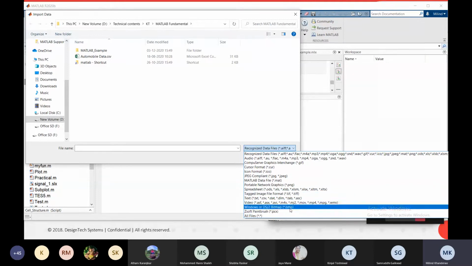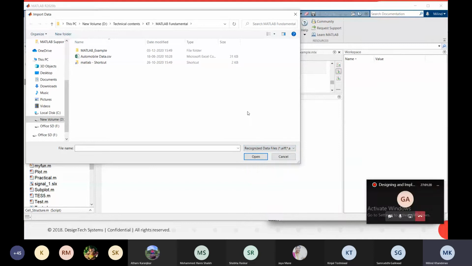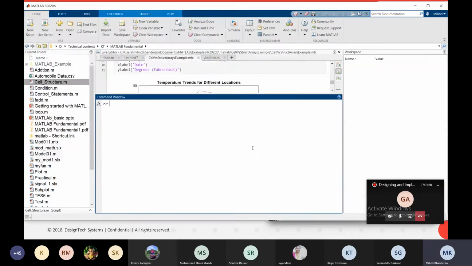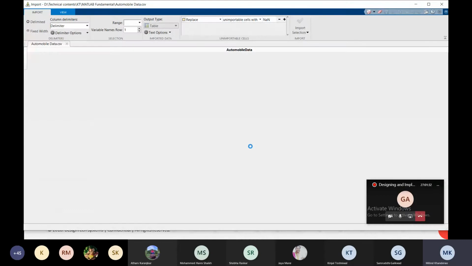So this kind of data is supported by MATLAB. So let's import one Excel file. It is .csv, that is a comma separated value file. So I will import this.